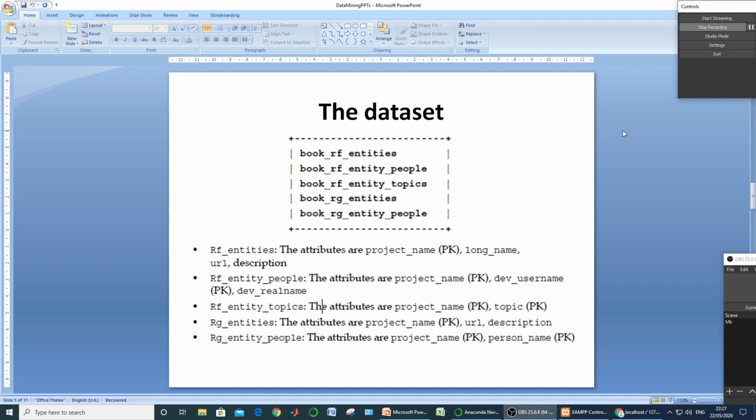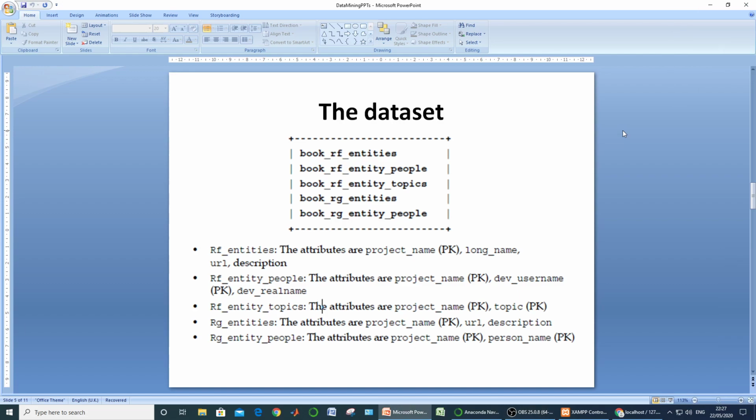For solving this problem, the first guess that came to our mind is to go for project name matching. Our RF entities contain project name, and our RG entities also contain the project name as primary key.